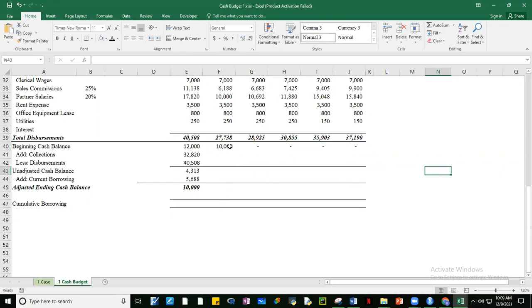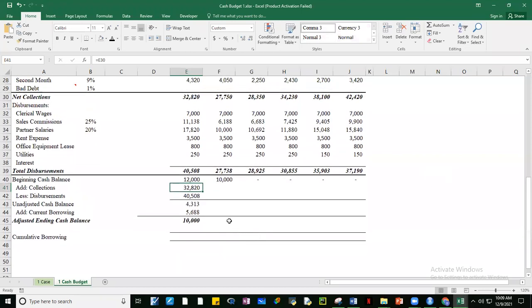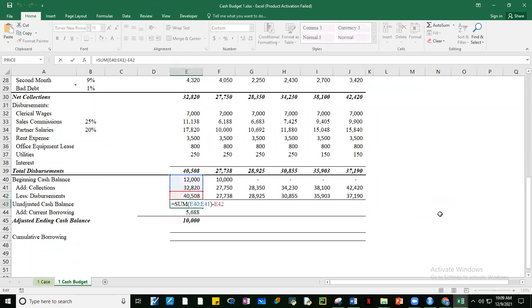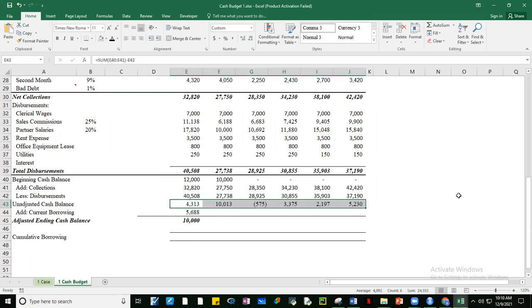Okay, wala pang mga values dito kasi wala pang values dito sa adjusted. Okay, how about 3280? We can just copy this to the right, di ba? Yung collection sa taas, pati yung disbursements, we can altogether copy them to the right. So we're just copying them here. An adjusted cash balance will be the same, no? Will just be the sum of these two less this one.